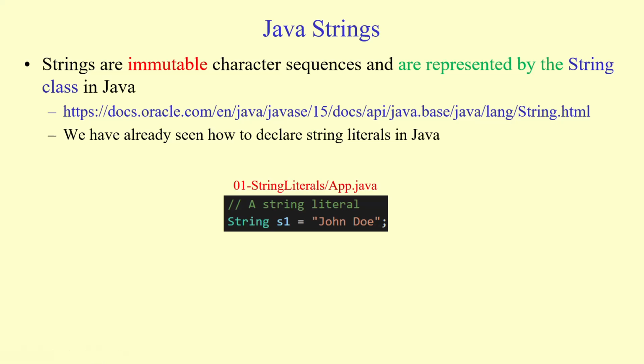Strings are immutable character sequences and are represented by the String class in Java. Here is the documentation for the String class. We have already seen how to declare string literals in Java. Here's the data type String. S1 is the object reference, and "John Doe" enclosed in two double quotes is the string literal, as in many